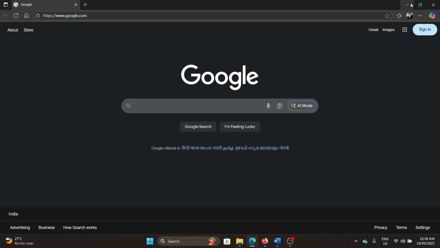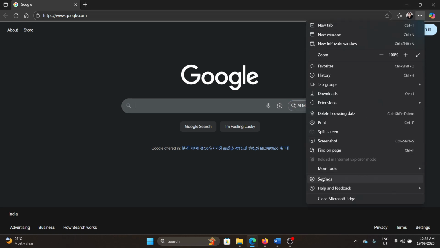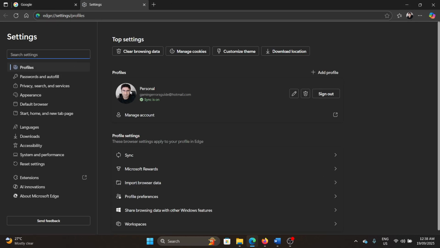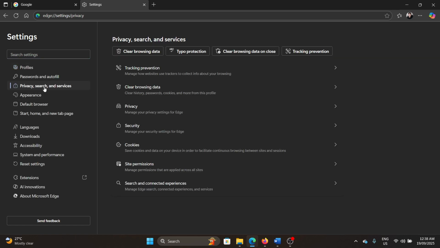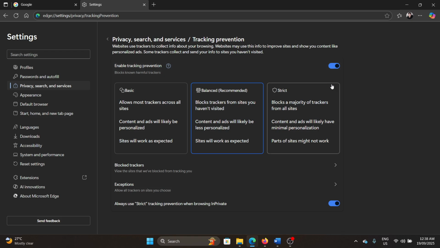Open Microsoft Edge browser, click on these three dots at the top right corner and select settings. Okay, now in settings, go to the privacy, search and services tab, and you can enable or disable tracking prevention,